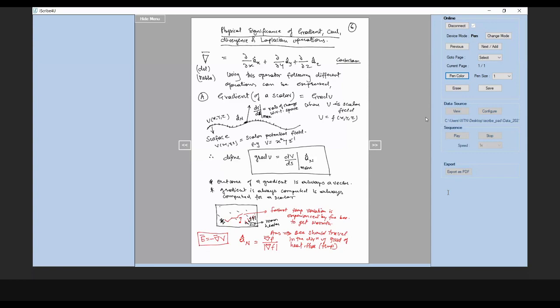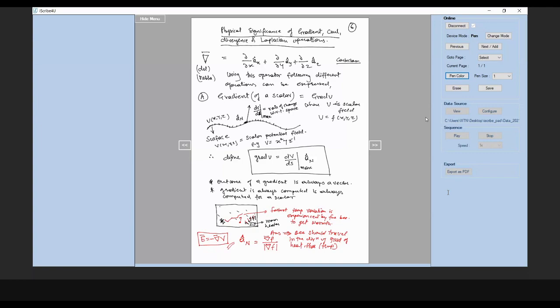And see the convenience here: the electric field is computed with the help of differentiation, which is comparatively an easier operation compared to integration. Secondly, we have to deal with a scalar and not with a vector. Dealing with a vector is basically very problematic. So you will find that this is the most preferred practical application as far as gradient is concerned. This is all about the physical significance of gradient and its application.